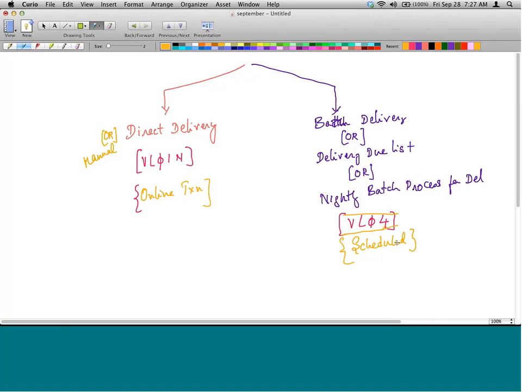So all of them will be created as deliveries in the system automatically. You don't have to individually do VL01N. A scenario where this will be useful, or rather, in most of the cases, in most of the companies, there will be at least hundreds of deliveries that need to be created per day.